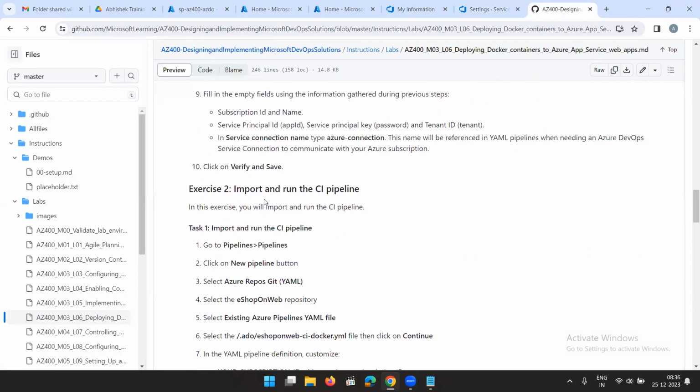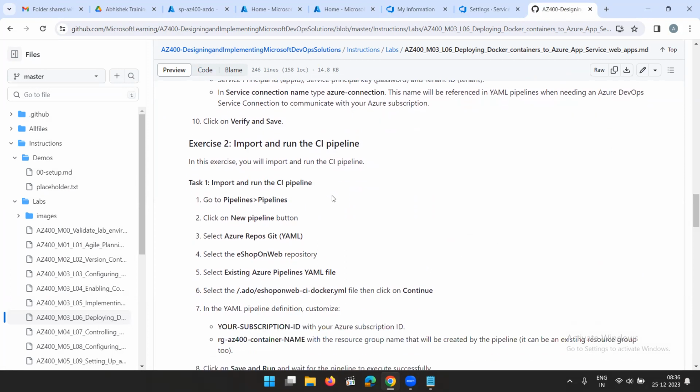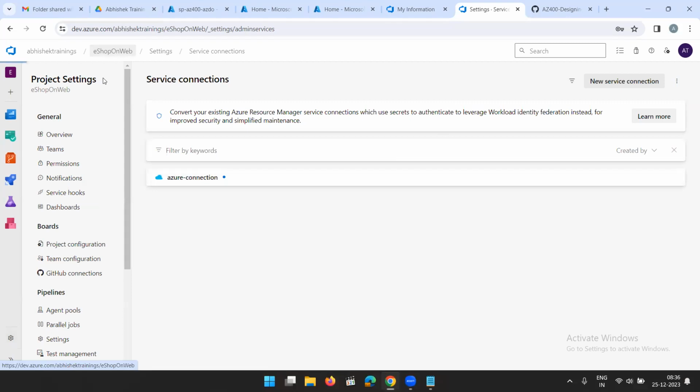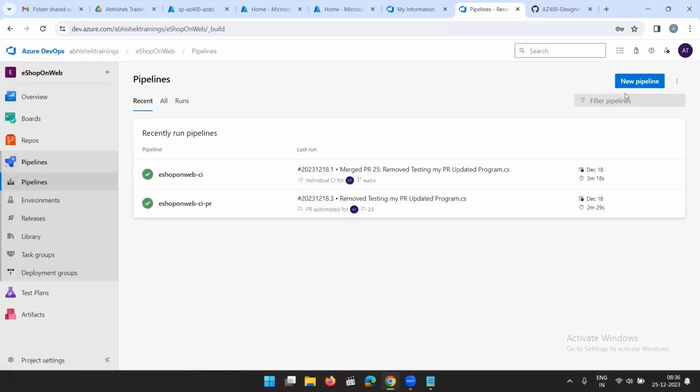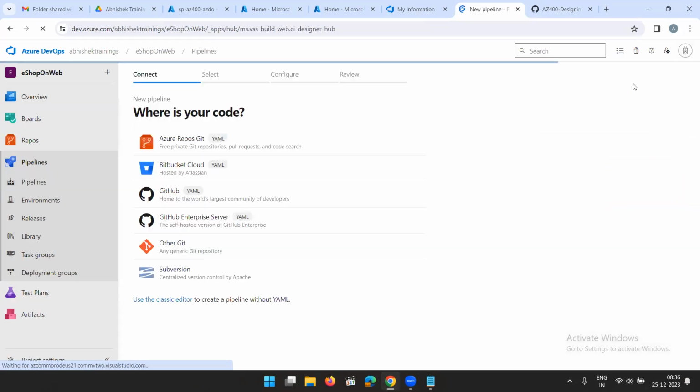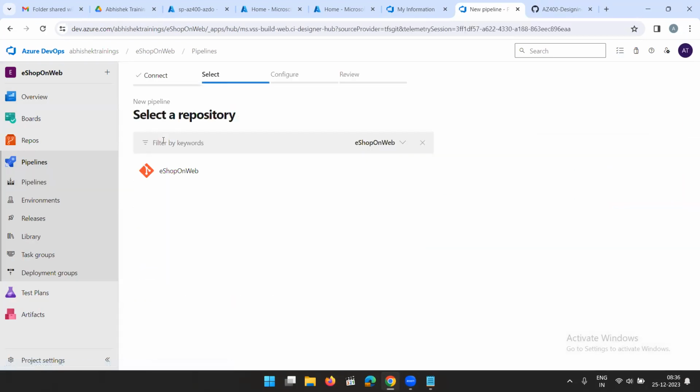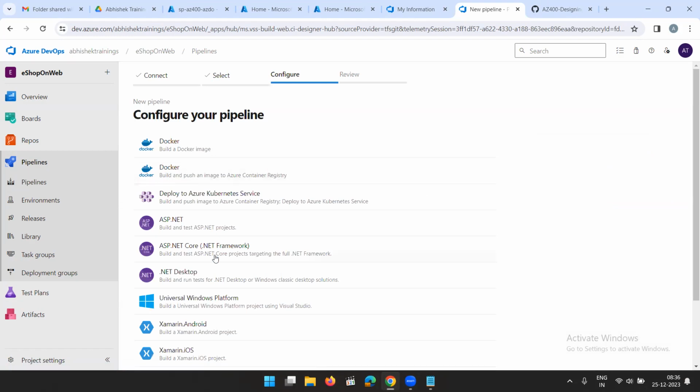And the exercise 2, import and run the CI pipeline here. Now again we will be importing some YAML pipeline from our code. Go to pipelines, new pipeline button. So from here, go to your project, click on pipelines, click on new pipeline. Azure Repos Git, eShop on web,